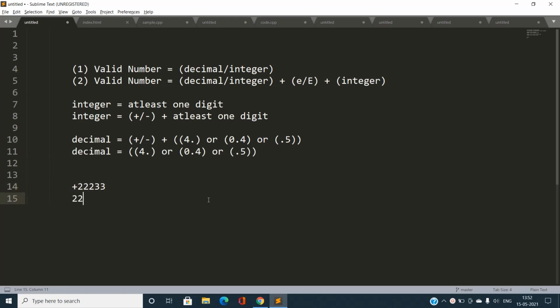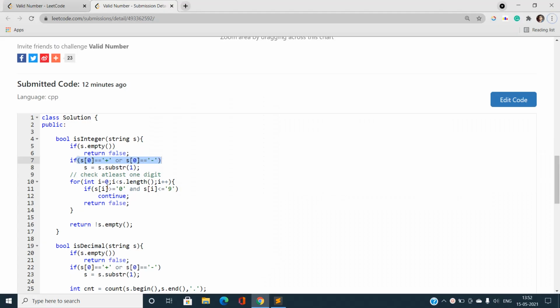If I have this plus sign, I will take a substring starting from position 1, considering 0-based indexing. So my string would become 2233. Whenever I find an optional character at the very first position, I take a substring so that I have to check only the integer part; at least one digit should be present after this optional character.